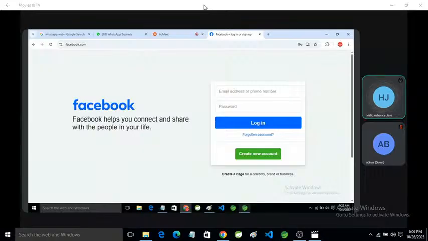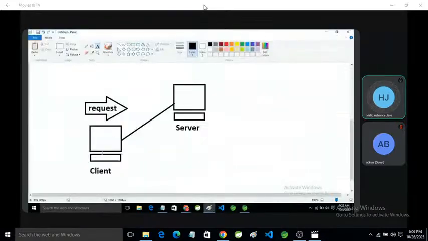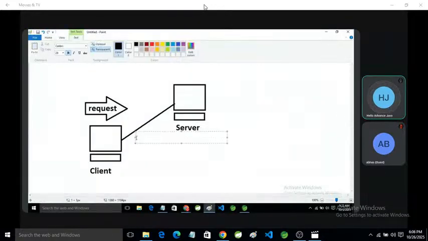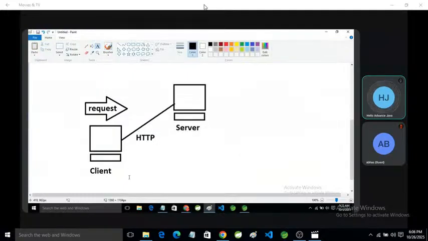The request is sent using the HTTP protocol, hypertext transfer protocol. It transfers from the client machine to the server through HTTP, and the server checks which type of request was received from the client side.